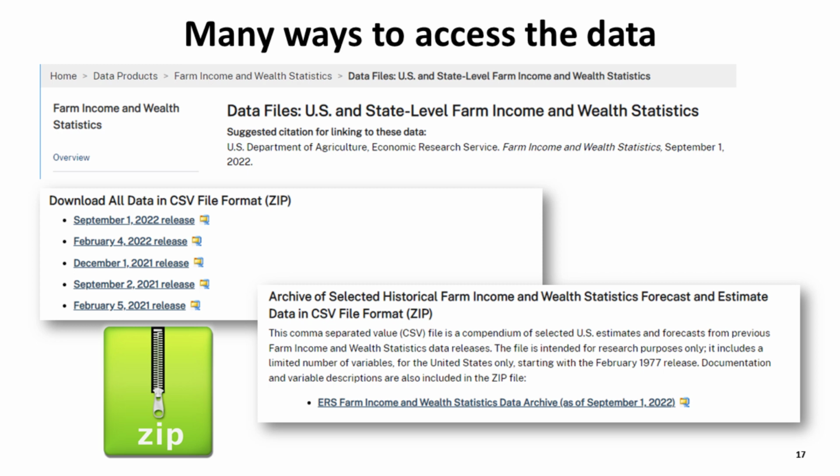In addition to the web reports and data visualizations, there are other ways to access the data. On the Data Files page, if you scroll down towards the bottom of the page, you can find CSV files with all of the data from a particular release. So if you want all the data from our most recent release, select the September 1, 2022 file that is